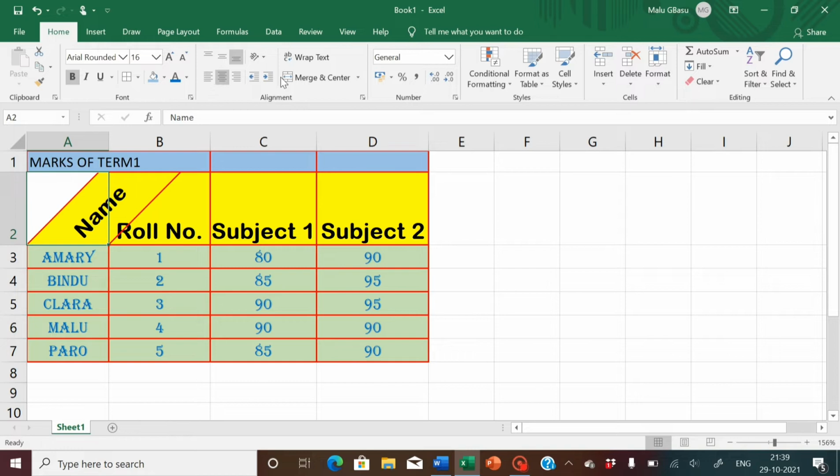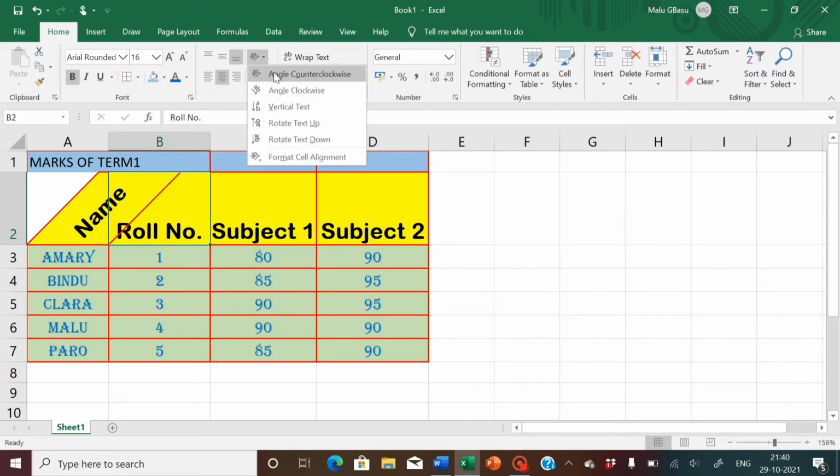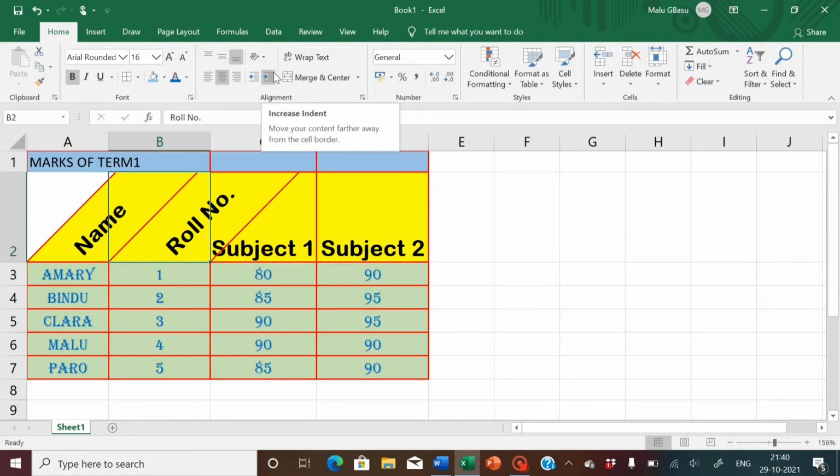See, can you see the change over here? It became diagonal. It took the appearance of a diagonal with an angle counterclockwise. Now I'm changing the roll number also. Again I'm making it angle counterclockwise. See. This is actually how you are placing the data within the cell. Either you can make it angle clockwise or angle counterclockwise, or maybe rotate text up or down,